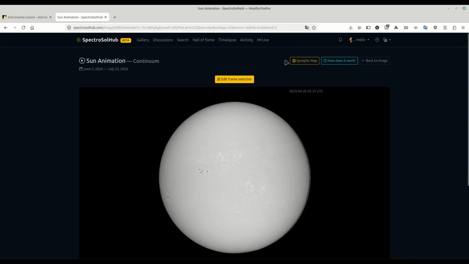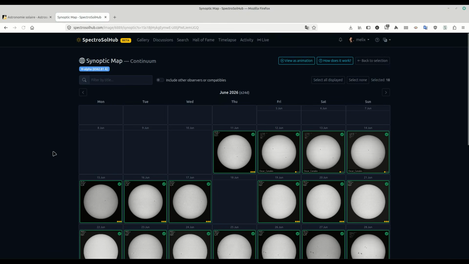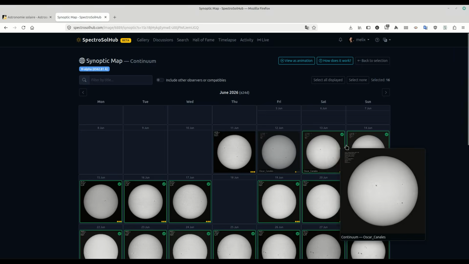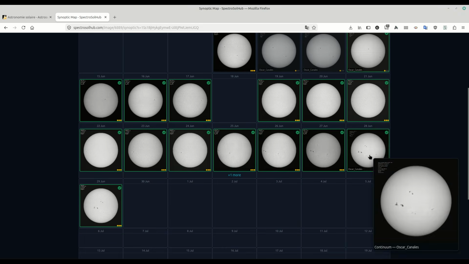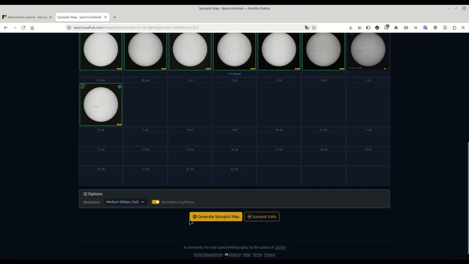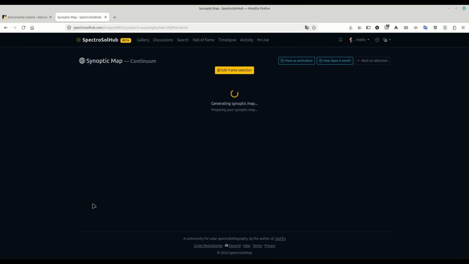The other thing that we can do is generate a synoptic map. So we can select all these images. I'm going to uncheck all these and just select my images there. Remove this one from Oscar. And I can click on this button, generate a synoptic map. And what we're going to see is a planisphere of the observations that I've made